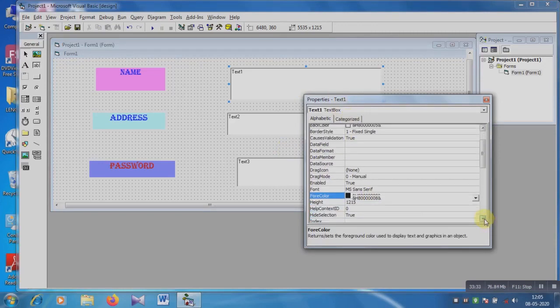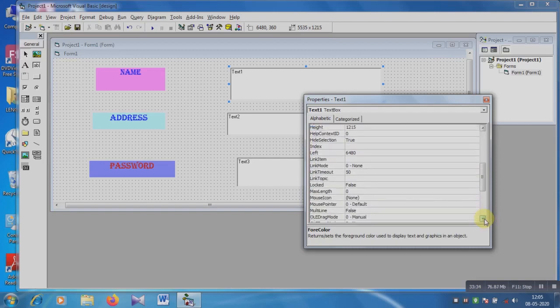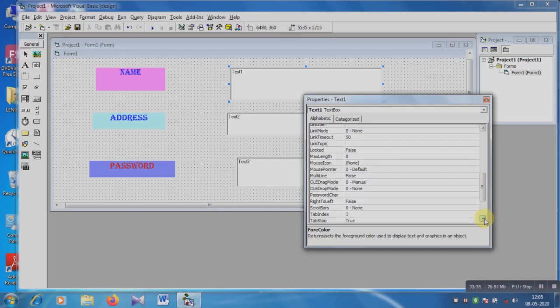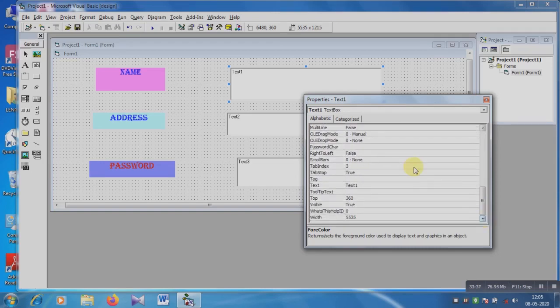So first Text1, I am leaving the text blank. It will be blank, and then the alternative text, meaning when we place the mouse, the name, this word, this is the alternative text.